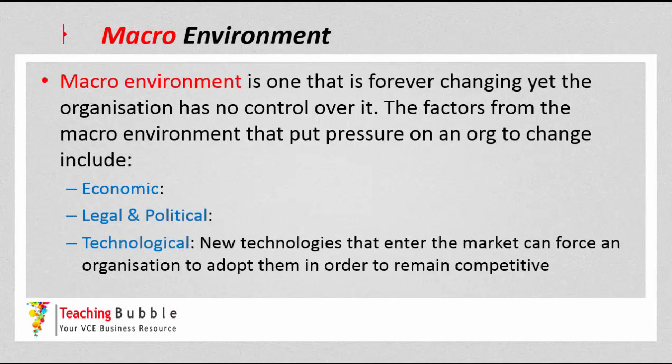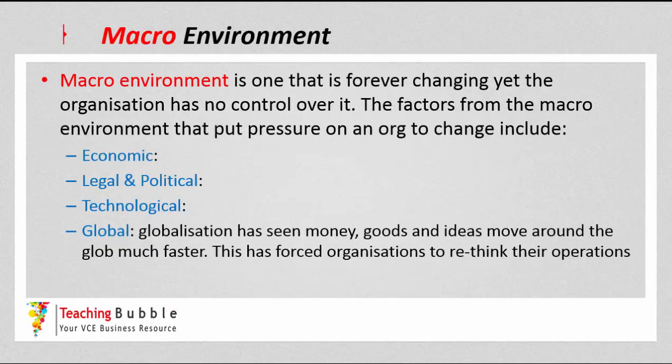Technology obviously is a major force within any industry. As new technologies enter the market, they can force organisations to adopt them, and if they don't, obviously that can really affect their competitiveness. And globalisation: the increasing globalisation has seen money, goods, ideas, and those types of things move around the globe much faster. That should be globe, not glob. So this has forced organisations to rethink their operations in how they're going to remain competitive